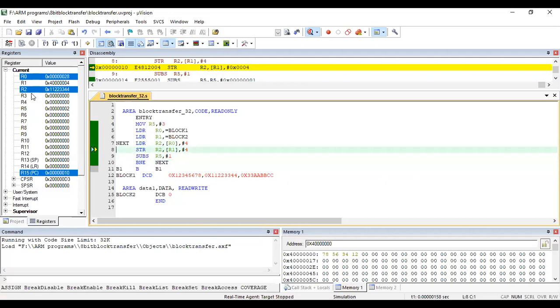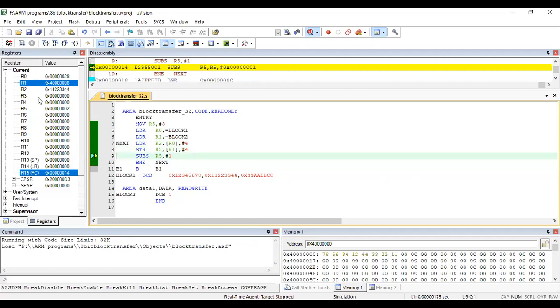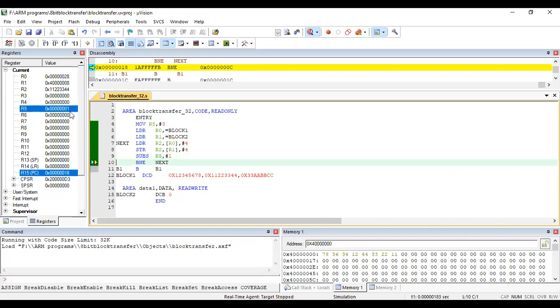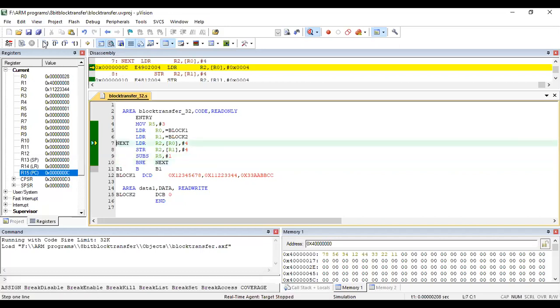The next value is coming into R2 and R0 is incremented by 4. And next R1 is incremented by 4. And that value you got into the next location, 11223344. So this 32-bit value is coming into this location. And next step by step, count becomes 1. So count is not equal to 0. It will go again to the next.